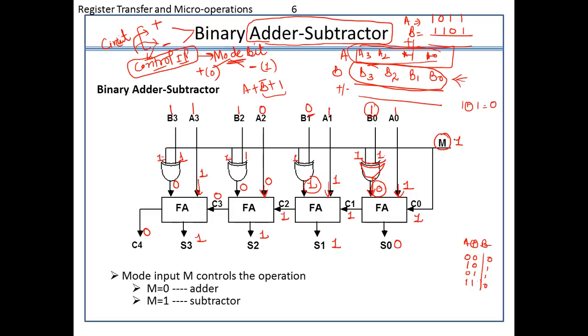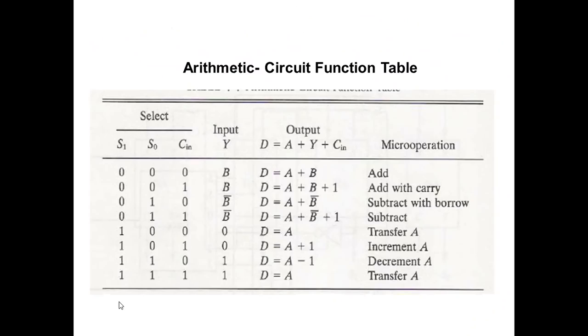Same is the case when I will take the mode bit equals to 0. So in that case, what will happen? I will always be having the value 0 here, right? So whatsoever the input I am providing, and here the C naught will also become 0. So accordingly, I will determine whether the sum is coming exactly as it has been desired or not. So this is how I can perform binary addition and subtraction.